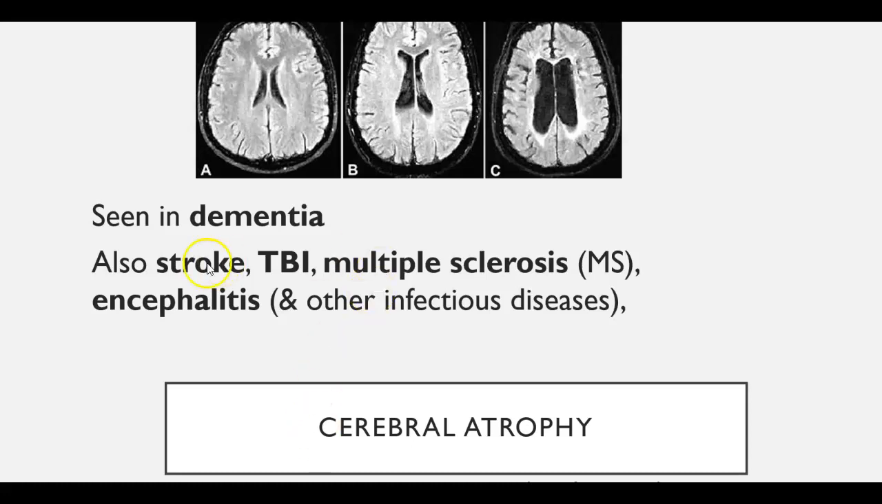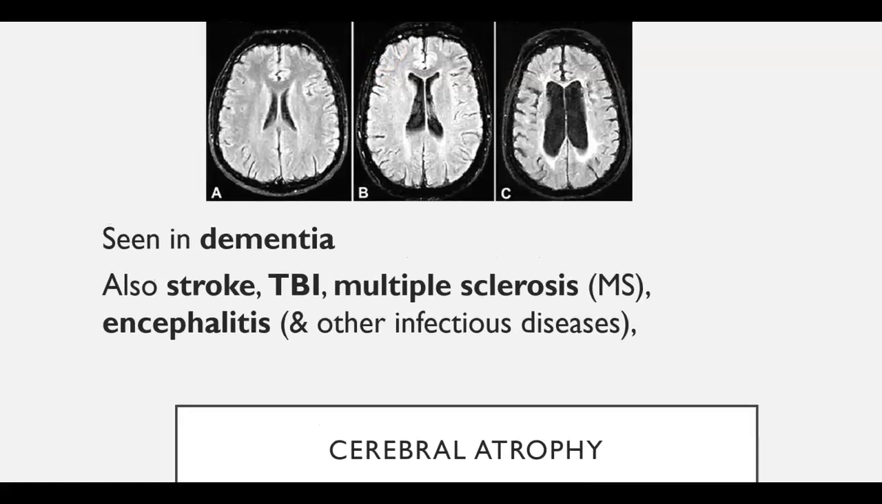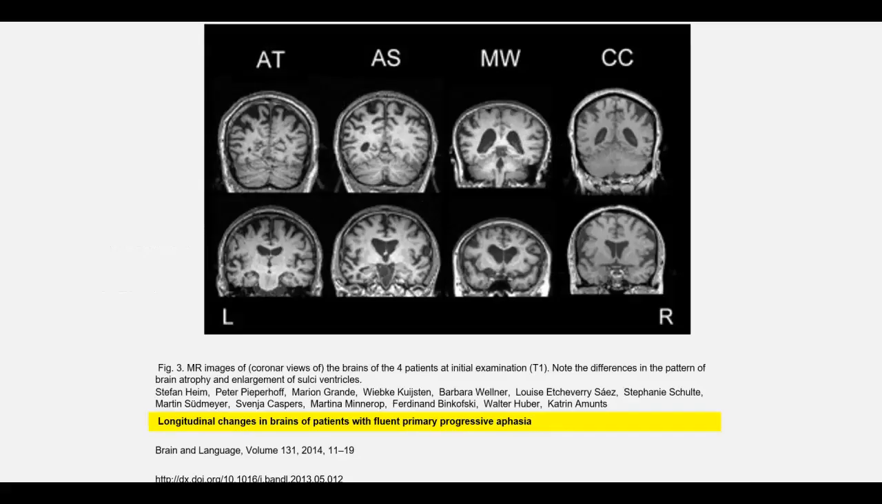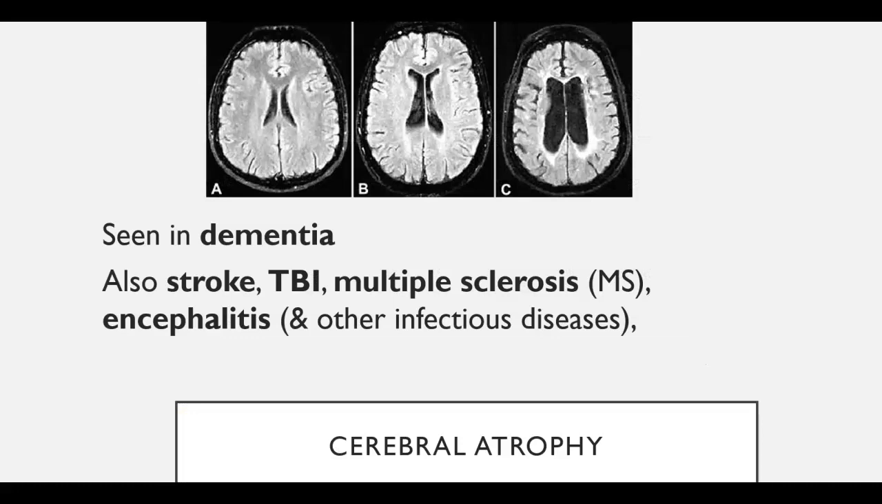So this is showing you some examples of what atrophy might look like, and it can occur, as we said, in stroke. If a person has multiple TBIs, going back there, stroke, TBI, multiple sclerosis, MS, encephalitis, and other infectious diseases. And if you're looking at the A, B, and C, this is the same person over time, and you can see a difference in the healthy full brain. You can see some atrophy in B, so the shrinking of tissue,